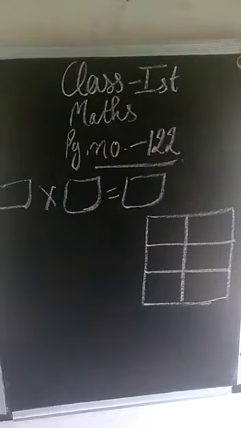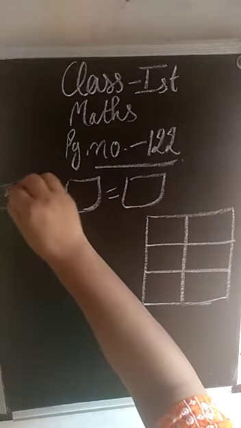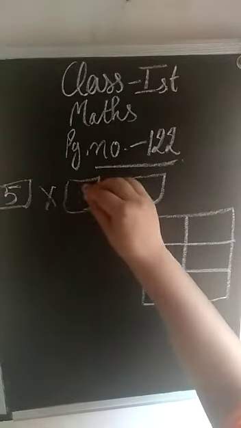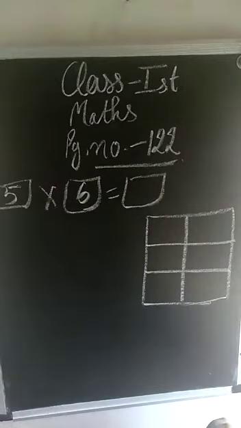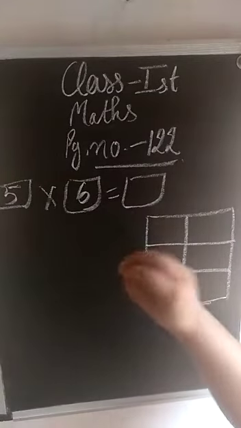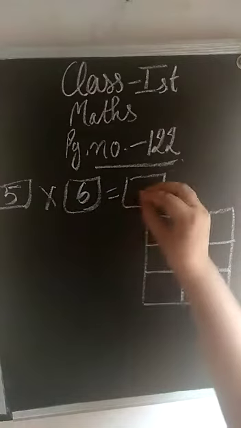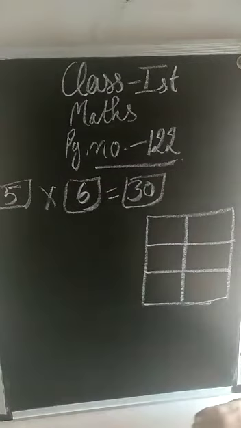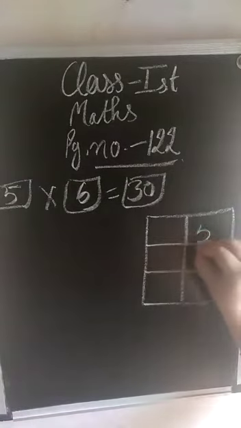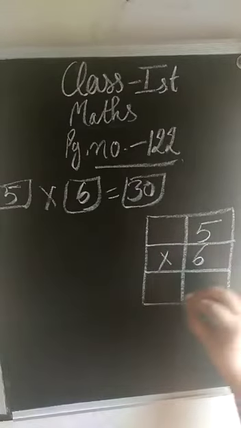Now 5 boxes, what does it mean? The sum means that 5 boxes are there, but each box has 6 crayons. And how many crayons will be there in all 5 boxes? So what will we do? We will multiply the number of boxes with the number of crayons. In this way we will get the answer. 5 6s are 30. That you have already done. Now again in the vertical form we are supposed to write 5 6s are 30.